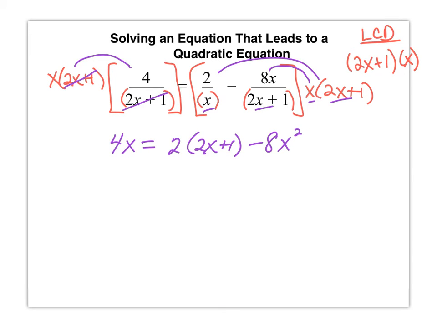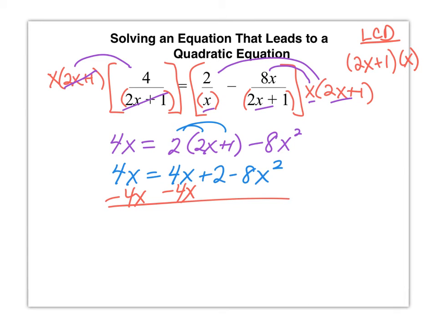Let's use the distributive property and simplify this equation. By distributing the 2, we get 4x equals 4x plus 2 minus 8x squared. We can simplify this equation by subtracting 4x from both sides. And we get 0 is equal to 2 minus 8x squared. So this is a quadratic equation, and one way to solve quadratic equations is by factoring,